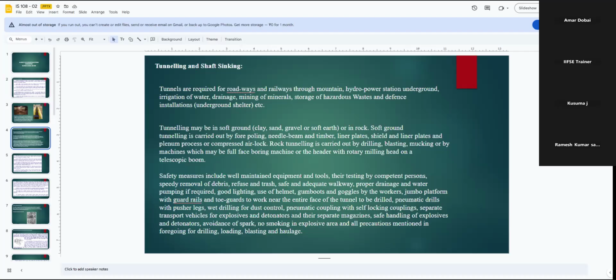So you take out the material, then it is able to penetrate inside the rock or the piece of material. Same way, in any tunneling activity with a heavy drill, it can make the hole. It can crush all these rocks, or turn them into powder form. Then we will take out the debris on a continuous basis. Safety measures include well maintained